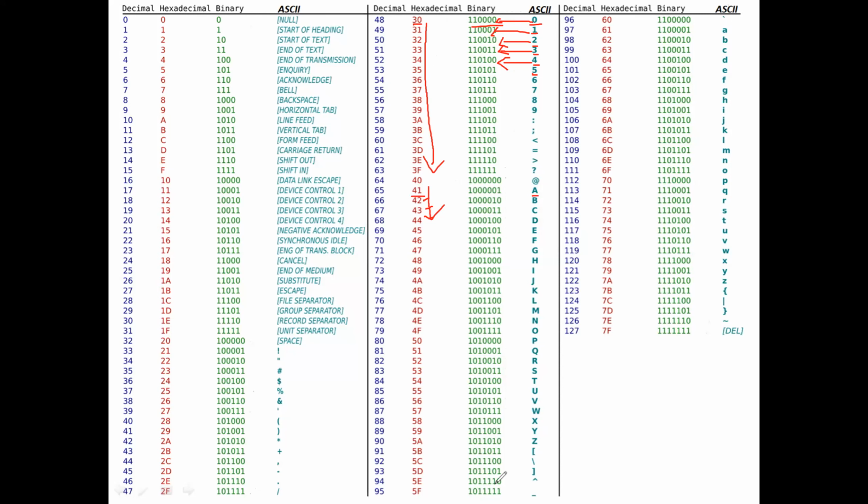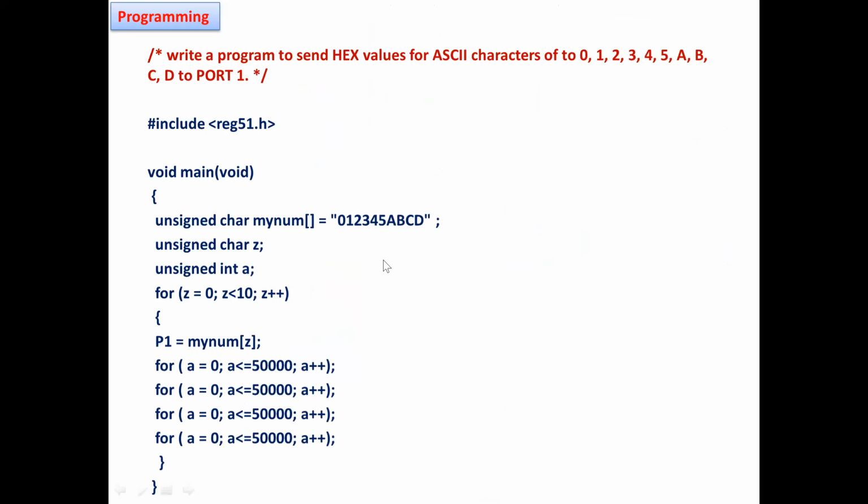Let us see whether these values are visible on the particular port pins. Let me go to the program. I will explain a simple program. These values we are taking into an array. These are all characters, so we have mentioned unsigned character.